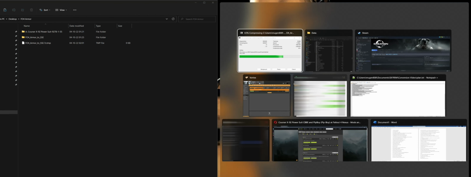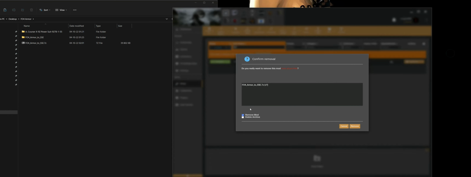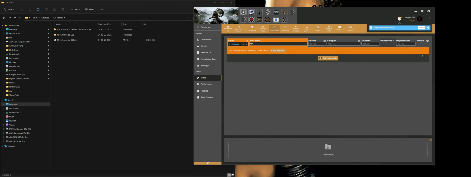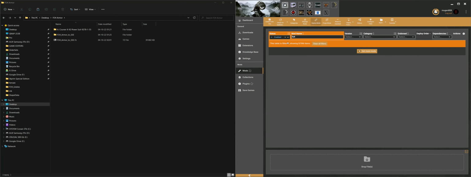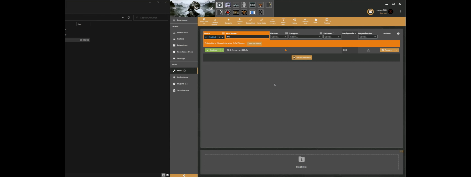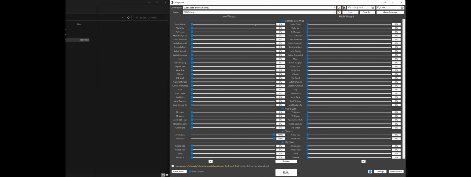And once this is done, just remove the old mod, make sure to delete everything from it. And when it's fully uninstalled, install the new version. And there you go. So once it's properly installed, it's best to run BodySlide again and to build the morph again to ensure compatibility with whatever body you have in your save game.